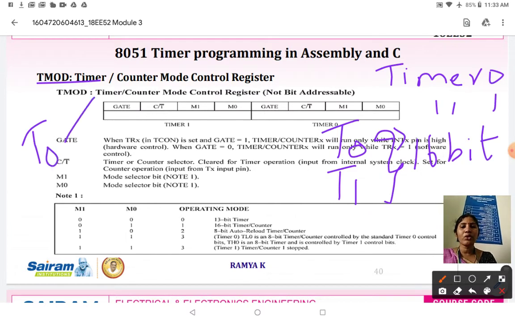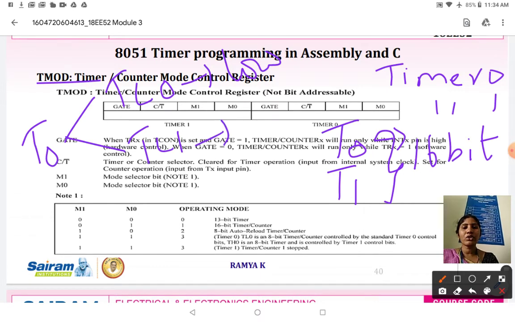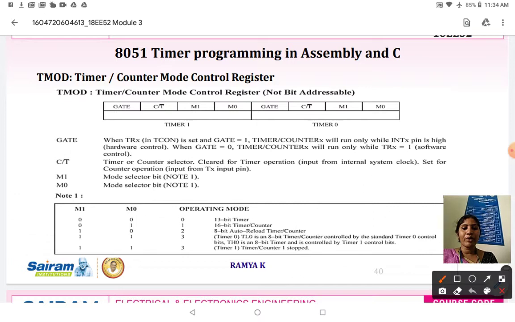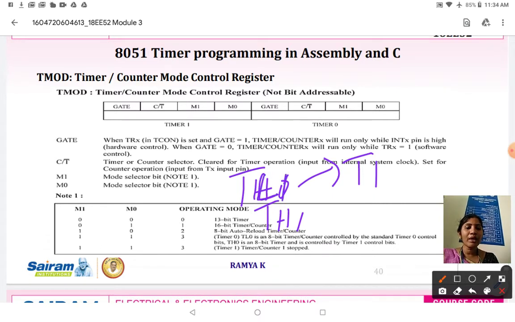Timer 0 lower byte and higher byte can be written as TL0 and TH0. TL0 is your lower byte of timer 0 and TH0 is your higher byte of timer 0. In the same manner for timer 1 you have TL1 and TH1.